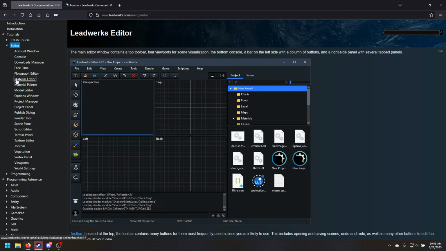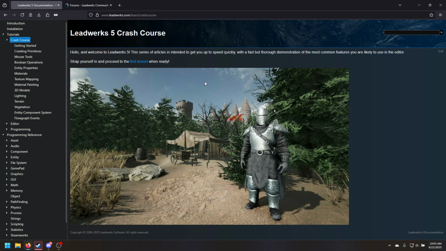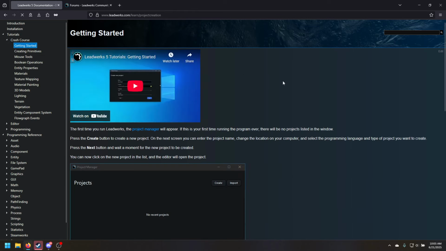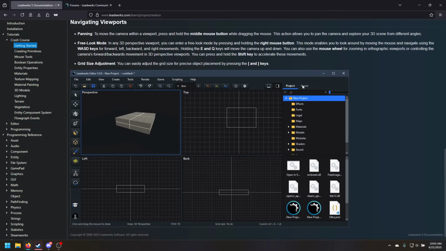I've been thinking about what I want the person to actually see when they first start the program for the first time. And so I added this section I'm calling Crash Course, and this is more task based. It was hard to figure this out, but then once I did, I think I have a pretty good set of articles here, and it just sort of takes you from the very beginning. It's meant to teach you one step at a time how every aspect of the editor works.